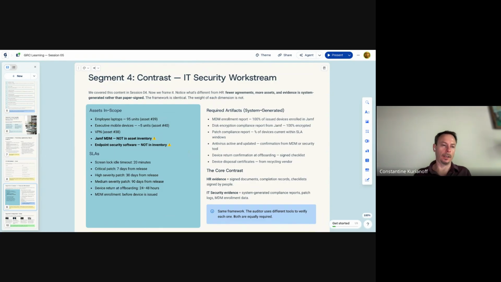So as a GRC expert, if you uncover it early, you can actually engage HR. HR will be much more interested in helping you establish the SLA within IT if it's directly affecting their own performance, right?